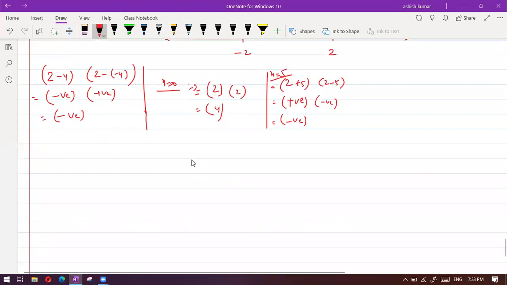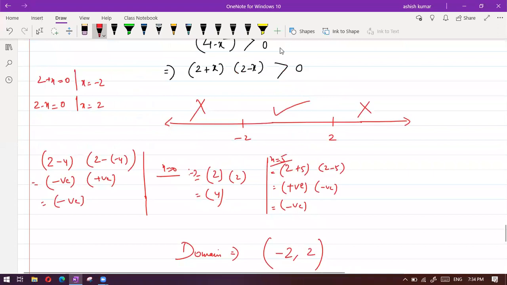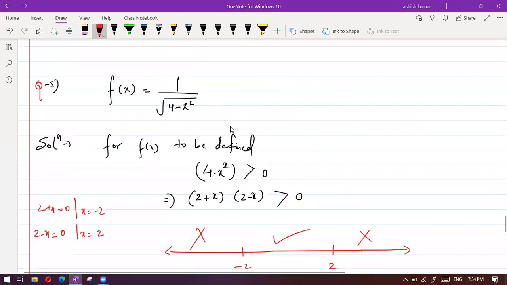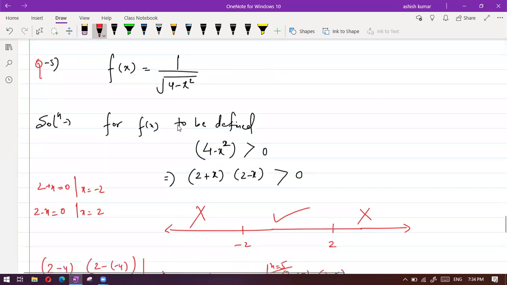Okay. So, domain of the function. Now it's time to write the domain of the function. Tell me, Vaishnavi, what will be the domain now? From -2 to 2, sir. -2 to 2, excluded. And will it be a closed interval or an open interval? Open interval. We cannot include the values -2 and +2, because at those values it will become 0. So this type of thing will appear. Be careful while solving the domain of the function.